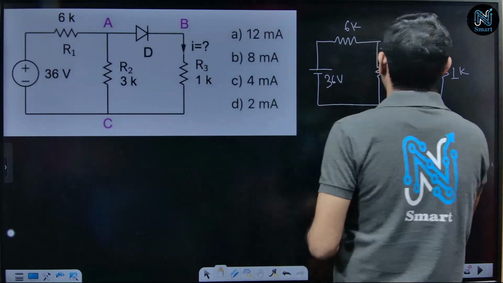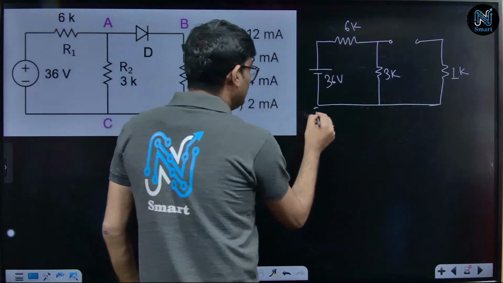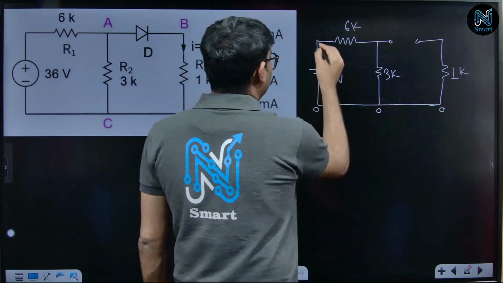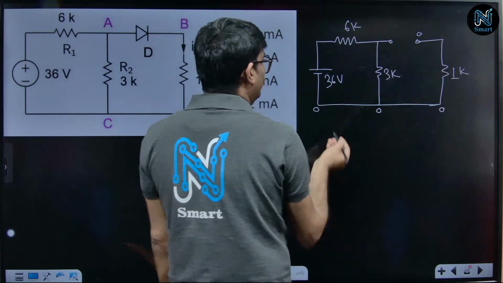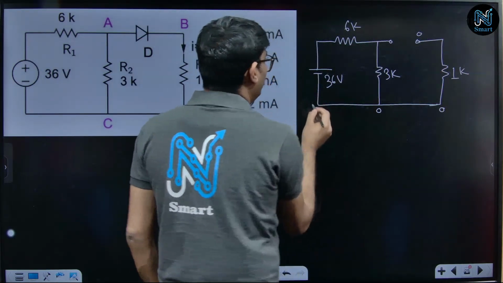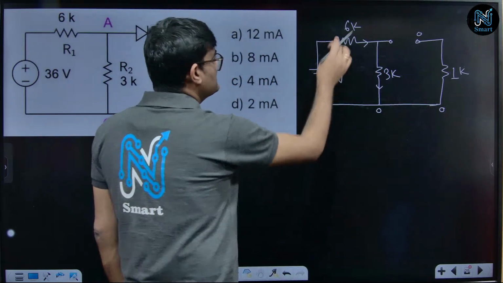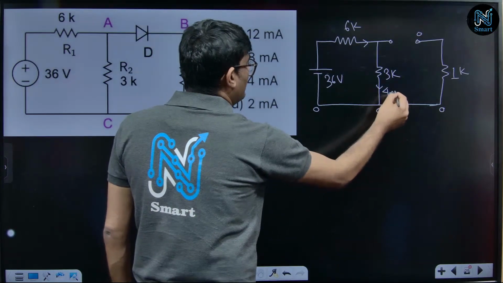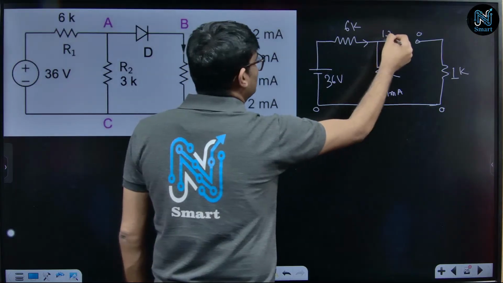What is the potential difference across this? You can see if I take the potential of this junction to be 0, then all these 2 points are 0 also, because this resistance is not carrying any current. আচ্ছা এই ভোল্টেজ গুলো কত হবে দেখো, এই 36 ভোল্টটা এখন এই কারেন্টটা ক্যারি করবে 36/9 কিলো ওহম, তার মানে এই কারেন্টটা হয়ে যাবে 4 মিলি অ্যাম্পিয়ার। 4 মিলি অ্যাম্পিয়ার ইন্টু 3 কিলো ওহম, তার মানে এই ভোল্টেজটা হয়ে যাবে 12 ভোল্টের।